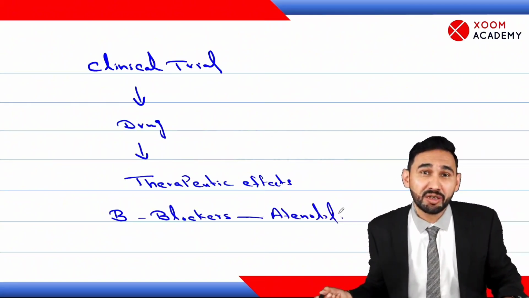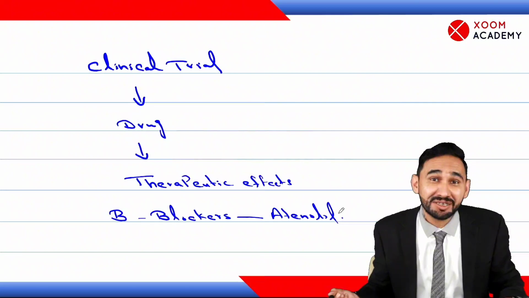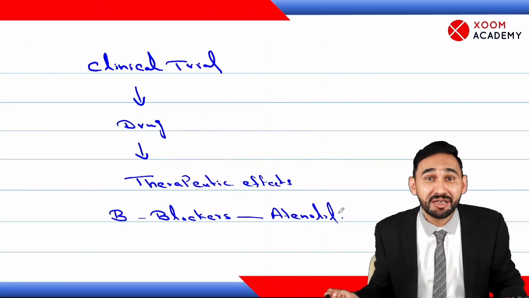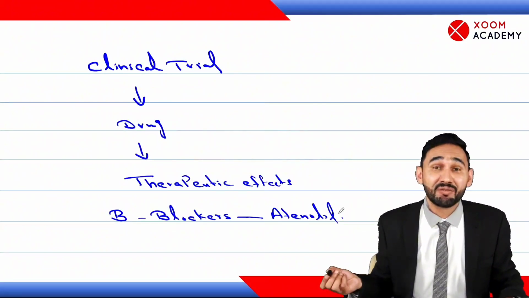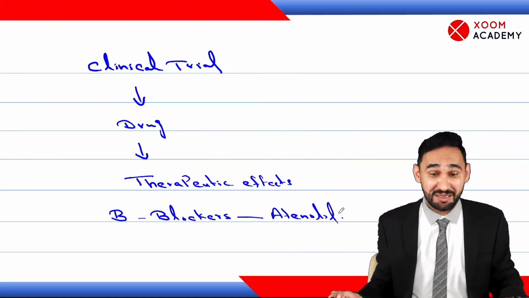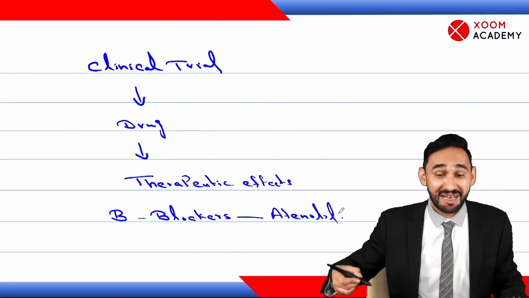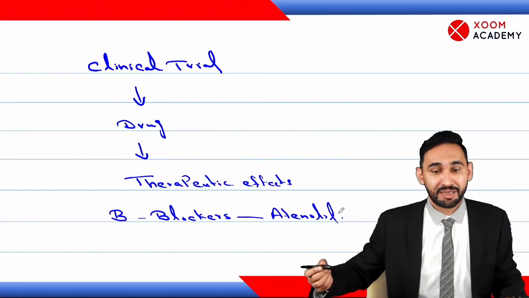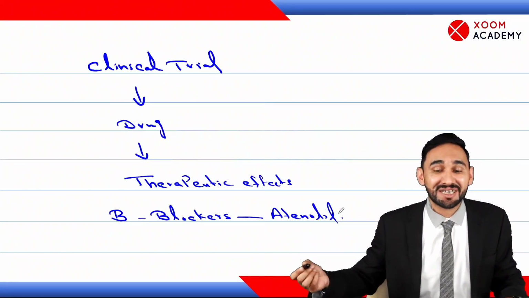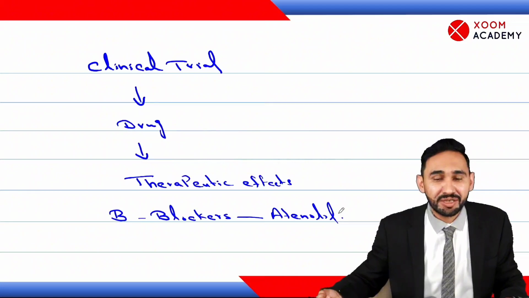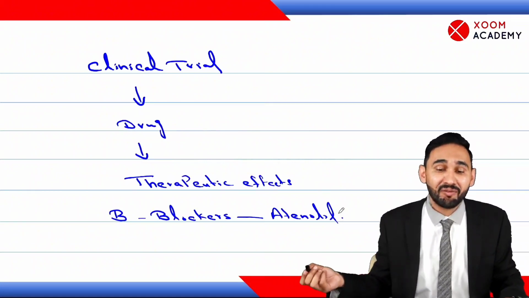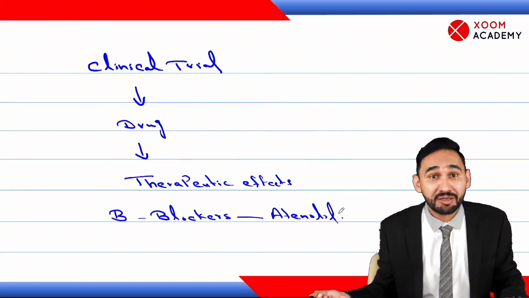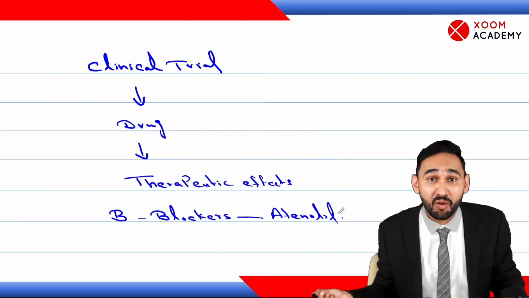Atenolol is a beta blocker which is used for treatment of hypertension. It is used for treatment of tachycardia. We know all this after intervention, after clinical trial. So we can summarize that if we experiment on a drug, a randomized controlled trial conducted on a drug to see its therapeutic uses, this is a clinical trial. An example is a trial of beta blockers, or we can say a trial of atenolol.